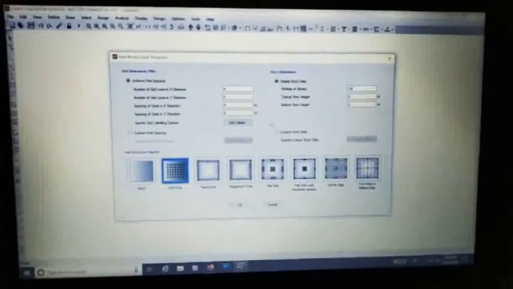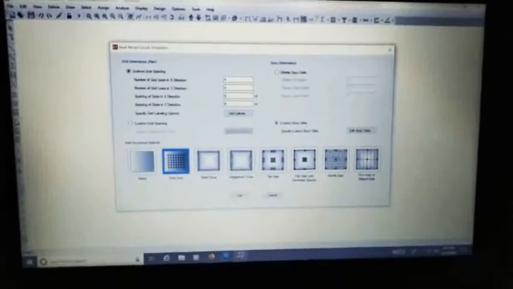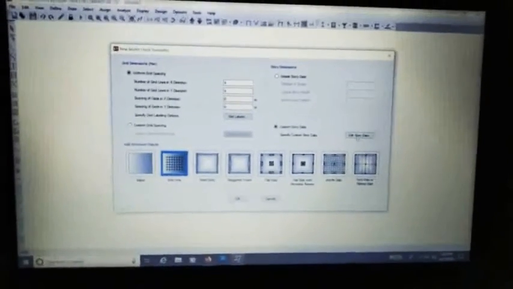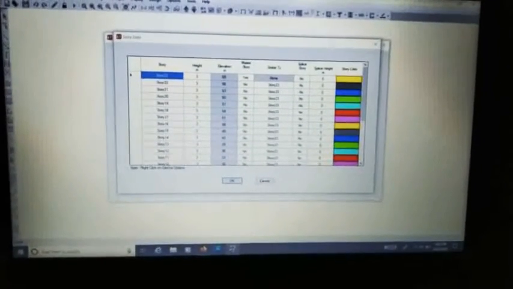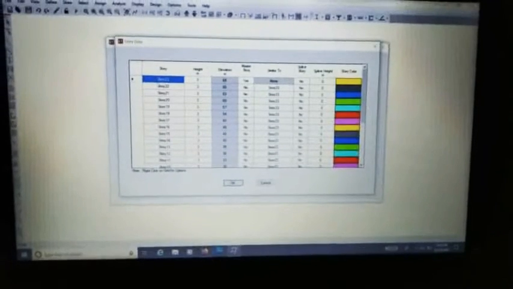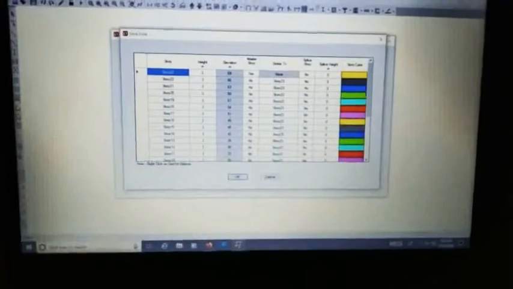As the different stories have different sections, we have to go to the option custom story data, and edit story data. Of all these stories, one is the master story; here, story 23 is the master story, and all others are similar to story 23.